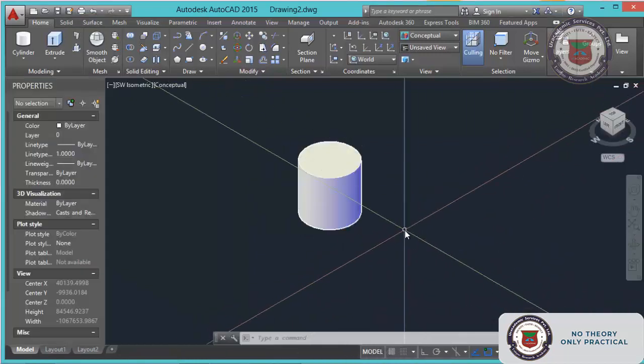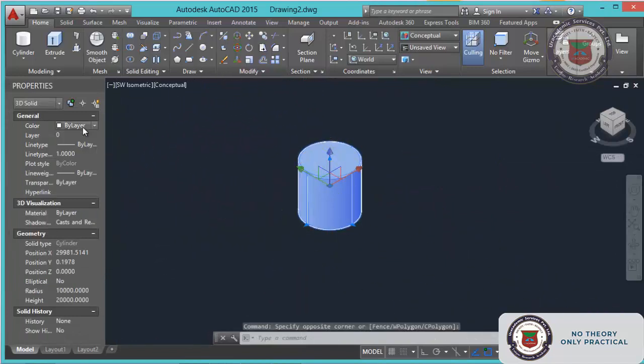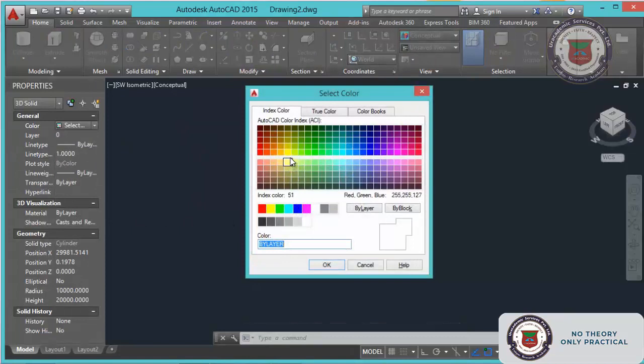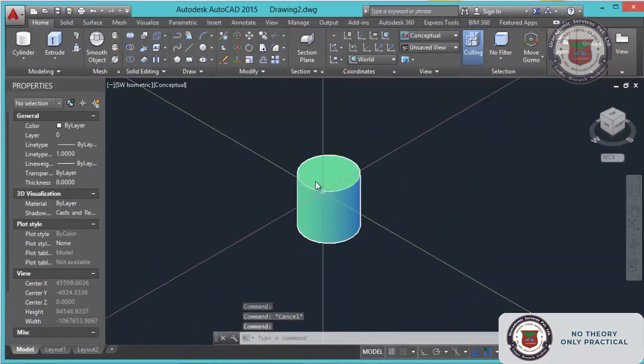Just select here and change the color whatever you want in the color book. Okay, now we have changed the color of the cylinder.